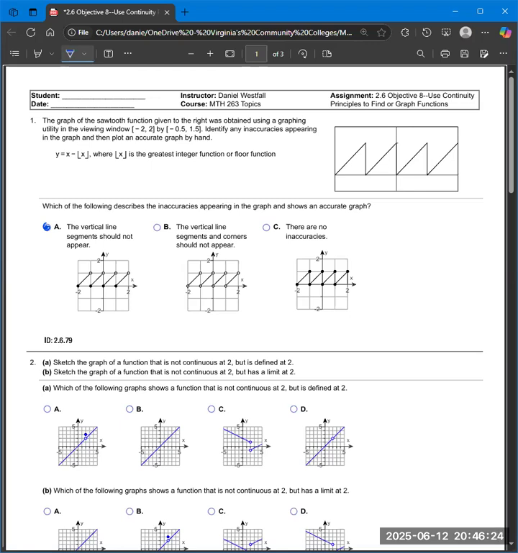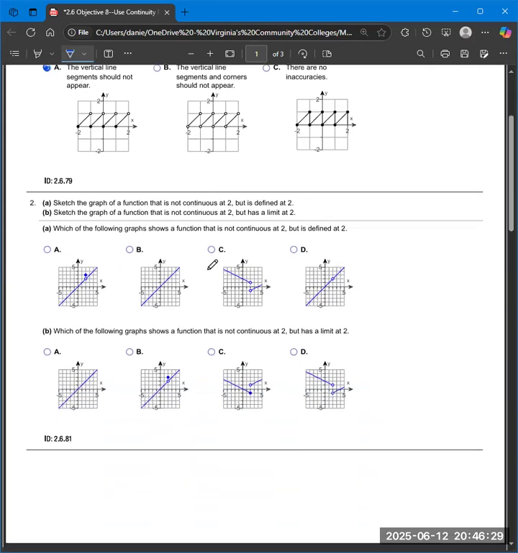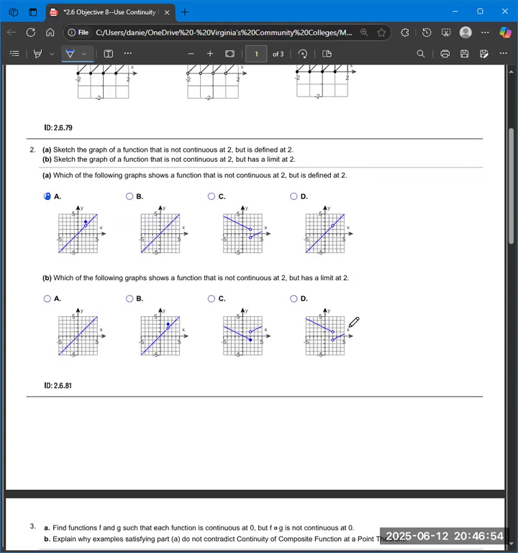All right, look at the next question. Sketch the graph of the function that is not continuous at 2, but is defined at 2. So that would be A, it's not continuous. It has a point discontinuity there because there's the hole there. I'd have to pick my pencil up off the paper to draw that point, but it is defined there, so that's A. Which of the following graphs shows a function that is not continuous at 2, but does have a limit at 2? So that would be